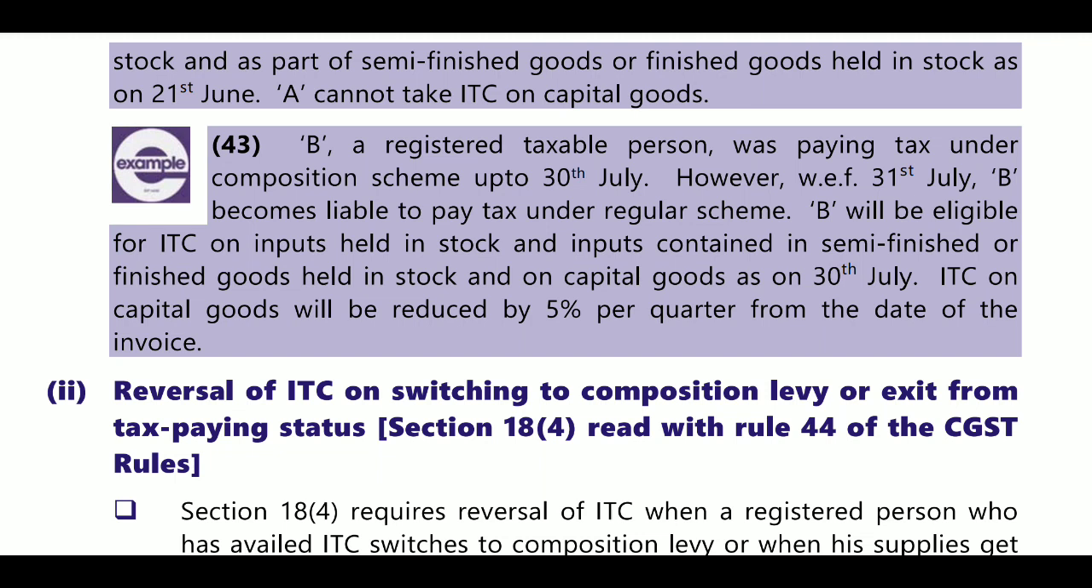Persons switching from composition scheme to regular scheme and persons whose exempted supply is becoming taxable, that is, an already registered person, can claim the capital goods ITC. But a person who is newly registering or voluntarily registering cannot get the ITC of capital goods. Next,